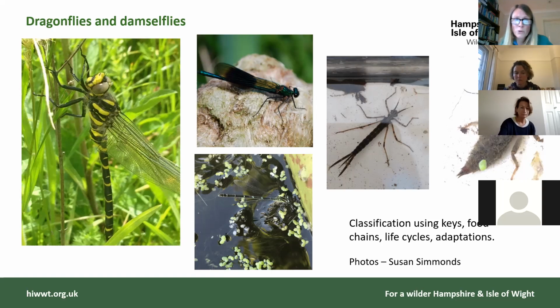So we've got this lovely golden ringed dragonfly on the left here, and we've got a damselfly down the bottom, and we've got this lovely banded demoiselle, which is a type of damselfly at the top. And on the right hand side, you can see the nymphs of those creatures. So the one on the far right is a dragonfly nymph, and so the children would be able to see